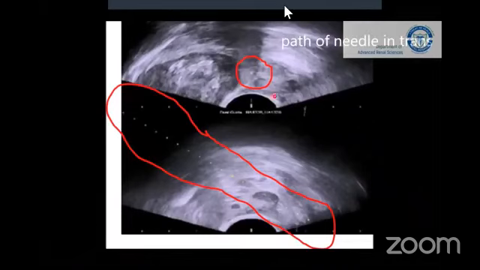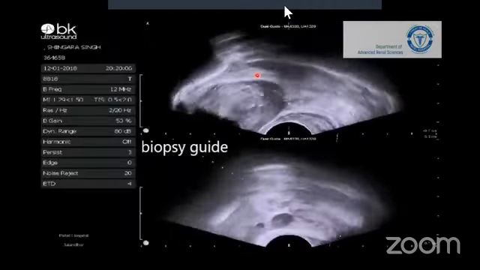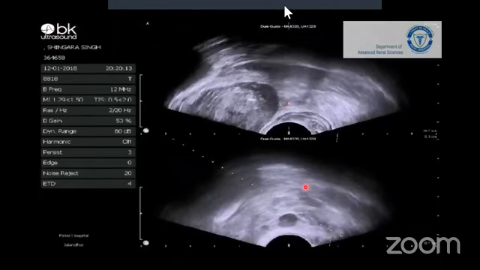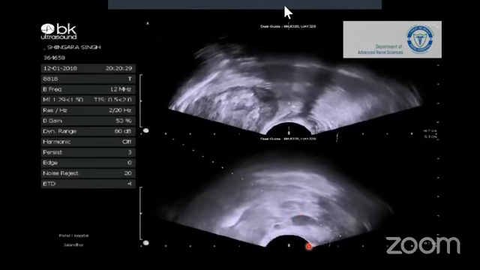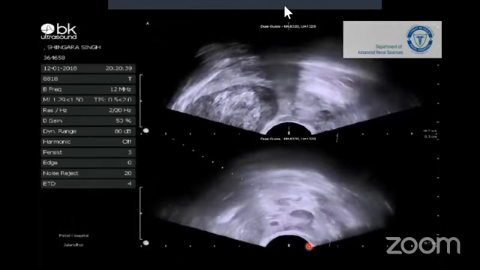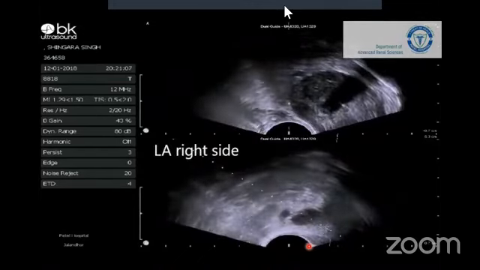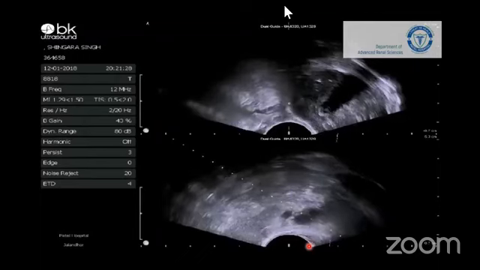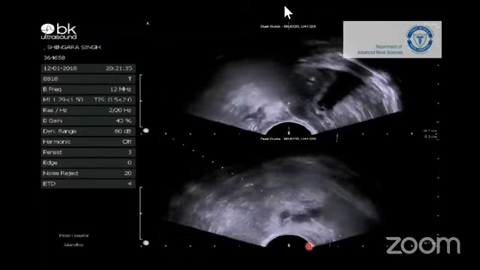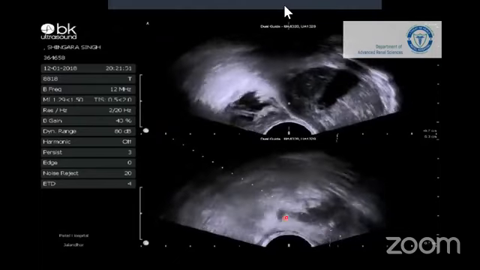Have a look at the biopsy guide. This appears as a spot in the transverse array and shows the path of the needle, and the depth of the needle is seen in the sagittal array. So you see here it is right next to the prostate, and you can see the seminal vesicle over here. Just watch this area. The needle has come in, and now we are injecting the local anesthesia right next to the prostato-seminal vesicle junction. You can just slightly rotate the probe and go to the other side, not like the monoplanar probe where you have to twist the probe 180 degrees. Here you just move the probe a little, and you can put the path of the needle at the lateral side of the prostate.